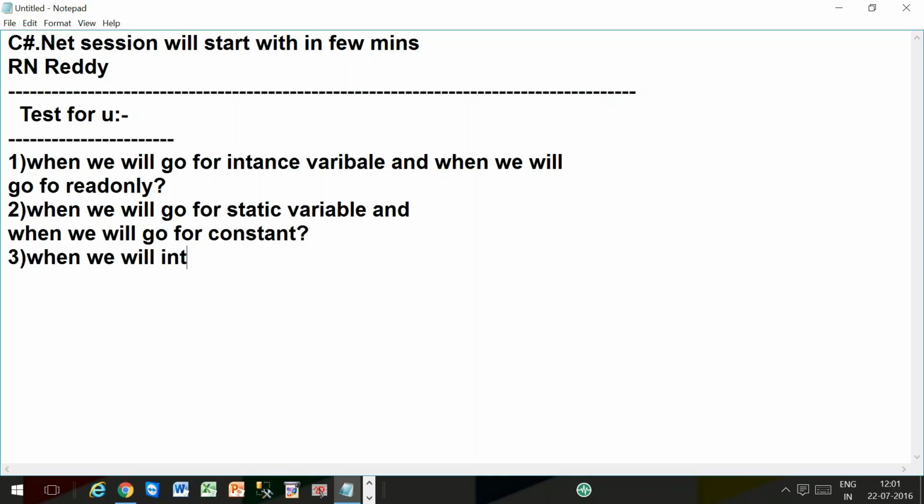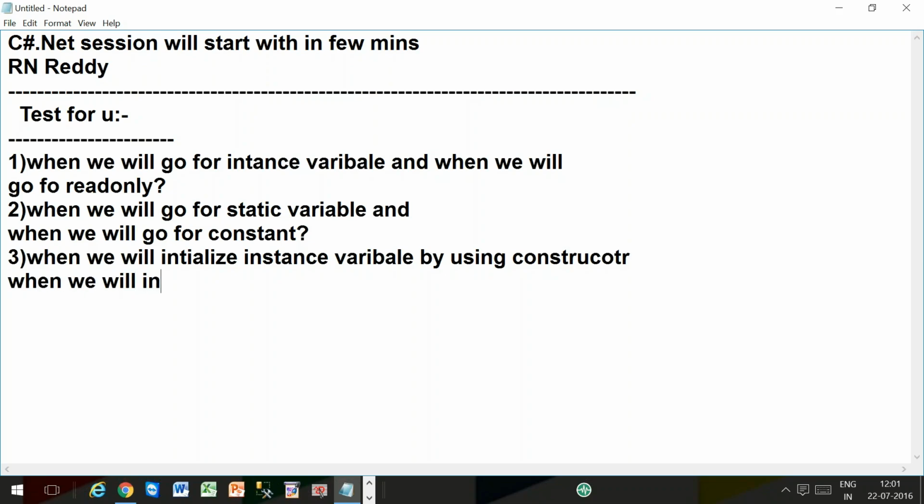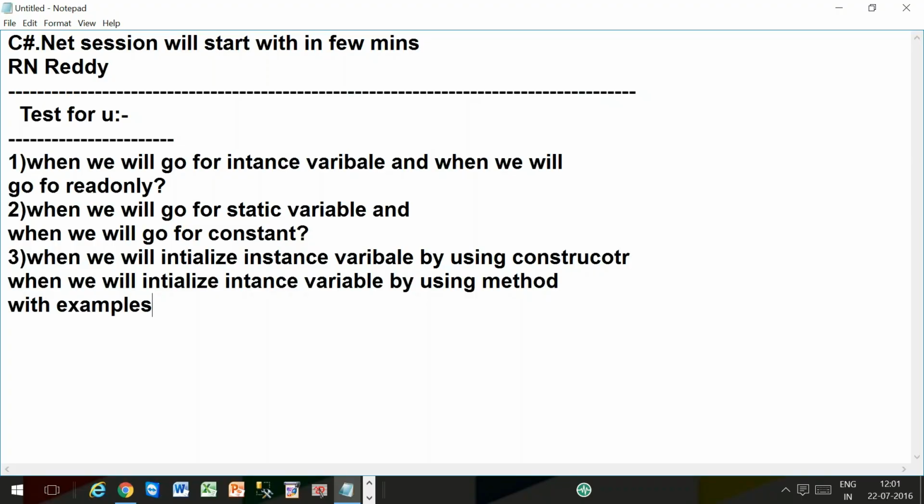When we will initialize instance variable by using constructor, when we will initialize instance variable by using method, with examples. When we will go for instance method,